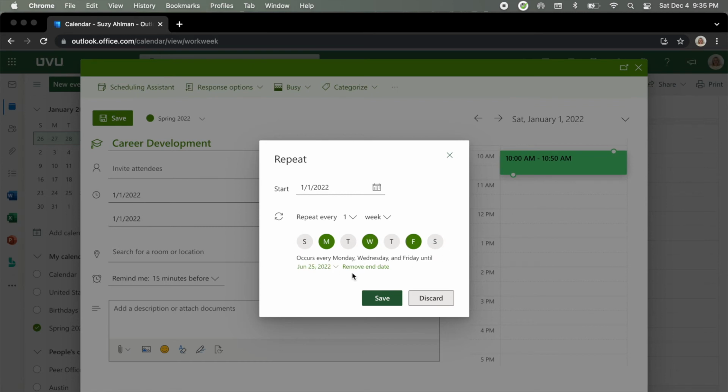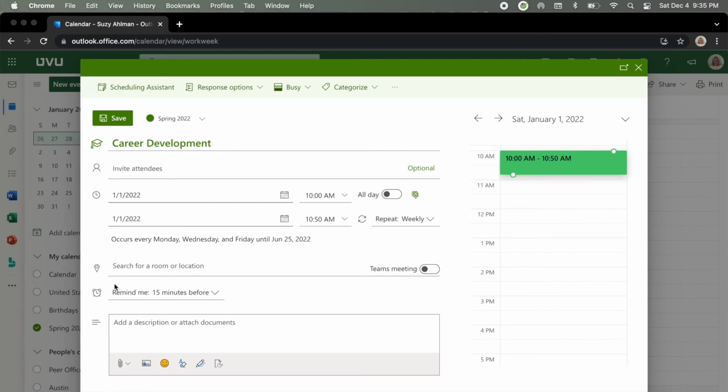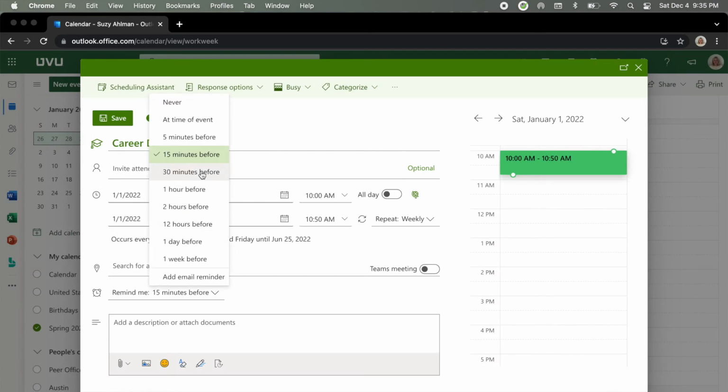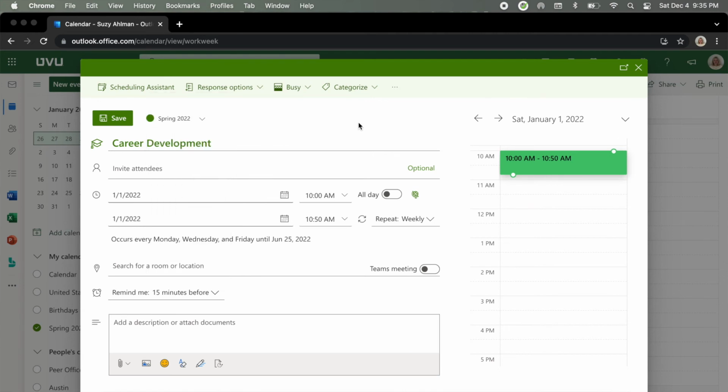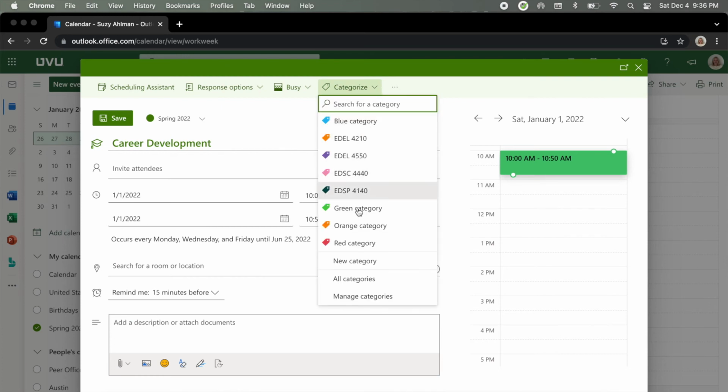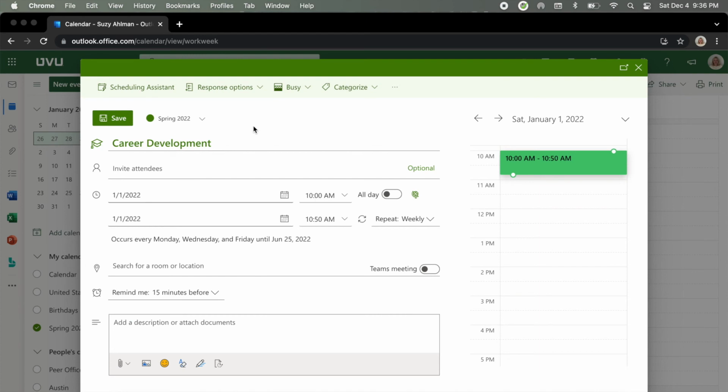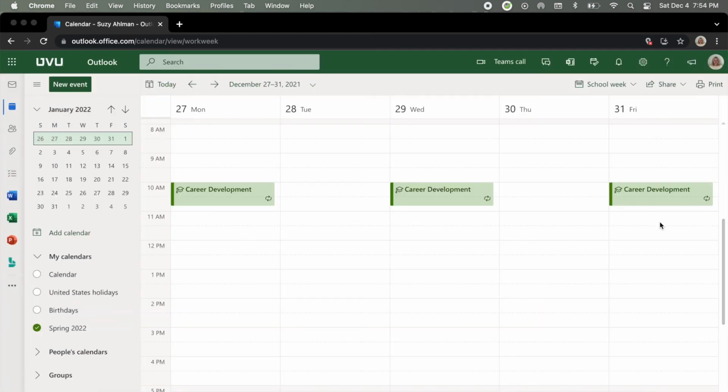Once you have the days selected, you can click Save, and then you can come down here to Remind Me, where you can select how many minutes or hours or days you want to be reminded of this event before. If you want to customize this class, you could click up here on Categorize and select a different color. Now that you like the way your class is looking, you can click Save. Now that I have one of my courses planned out, you will repeat the following steps for the rest of